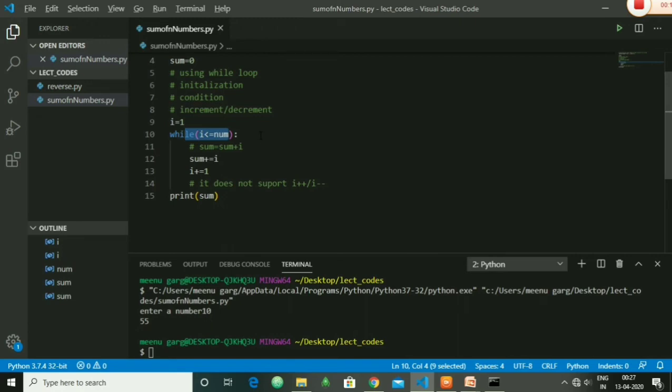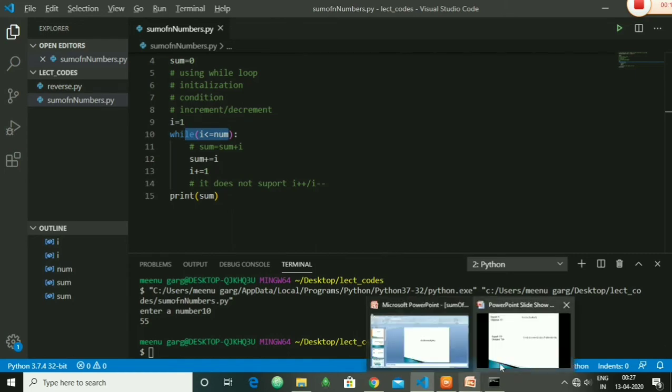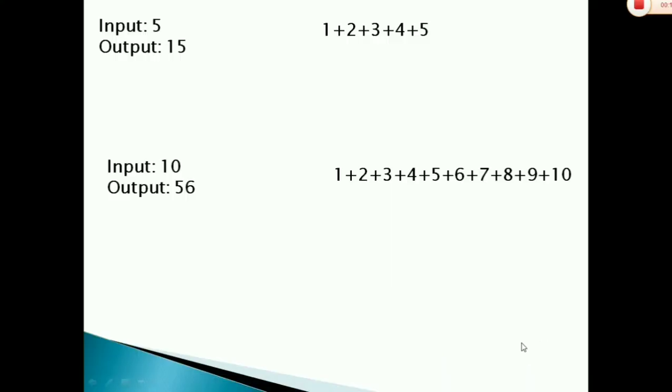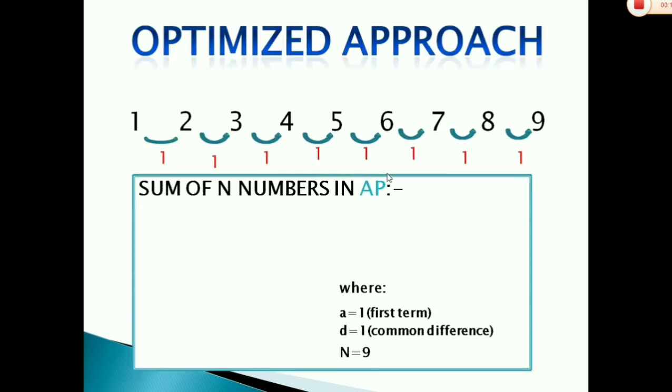So the interviewer asked that I want an optimized solution. And after listening to that word, I was like snubbed, oh my god, what should I do? Interviewers are generally very kind. They give you some hints that you have to catch, and they help you out. So what he said was, don't think of it programmatically, that you have to use loops, just think of some aptitude knowledge that you have gained. And I was continuously thinking, what should I do? What should I do? Then I came across this thing that